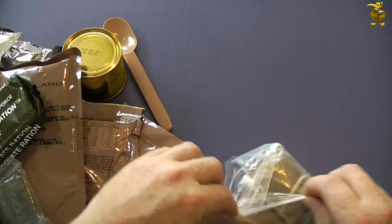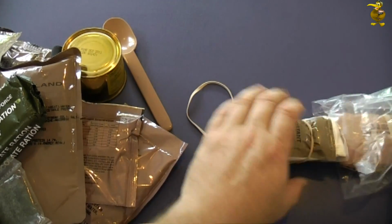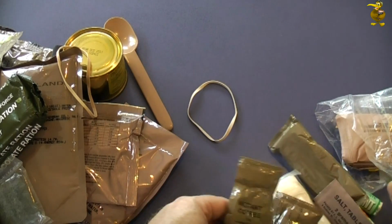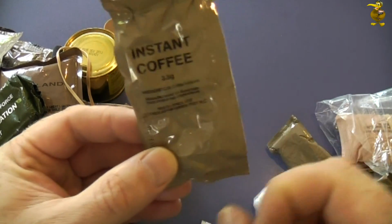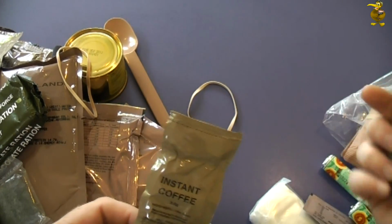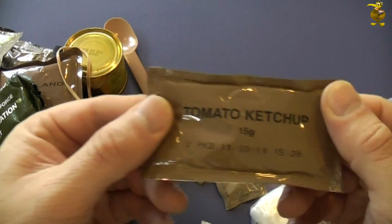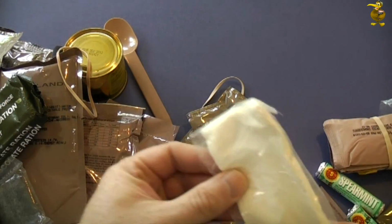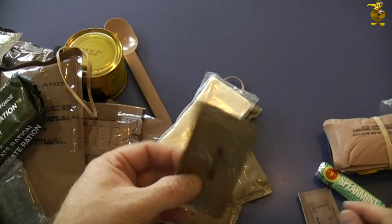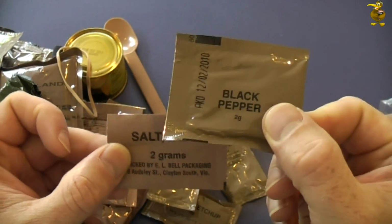And we got the sort of brew kit accessory pack, which contains instant coffee. That's gone pretty solid. So we got 2 instant coffees, some tomato ketchup, nice big packet of tissues, barbecue sauce, that's good, salt, pepper,